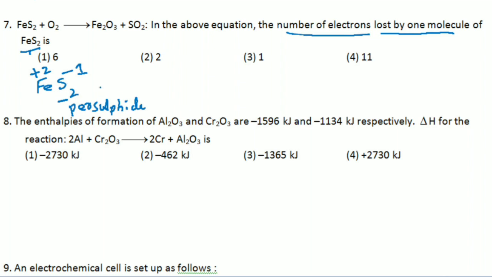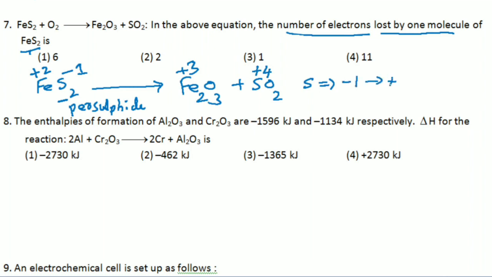Here sulfur -1 gives rise to Fe2O3, in which iron is in +3 oxidation state. Sulfur dioxide, sulfur is in +4 oxidation state. Which means, remember, sulfur changed from -1 to +4. Total number of unit change is 5. But here 2 sulfur are there. You can see S2 and S here. So 2 sulfur are there. Hence 5 into 2 is equal to 10 units here.